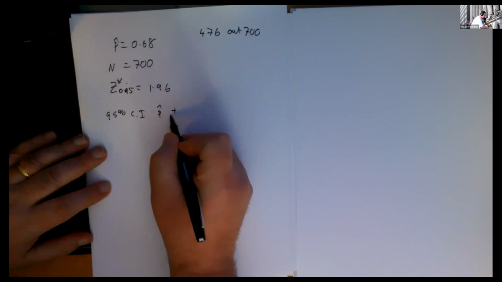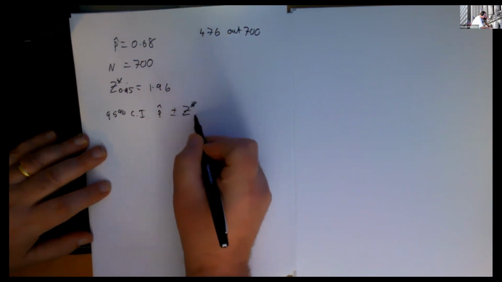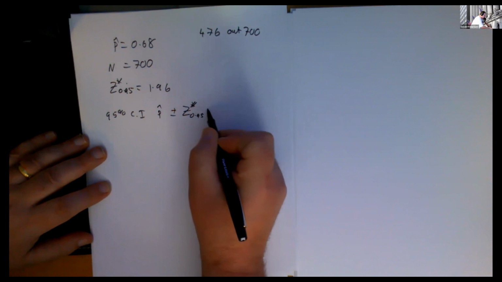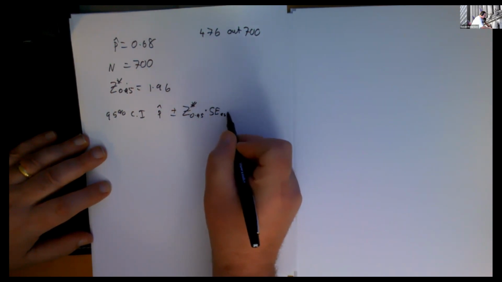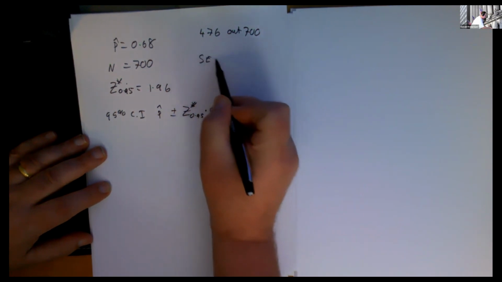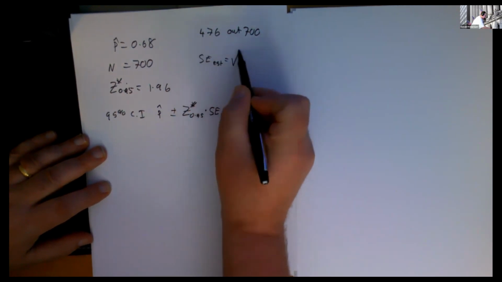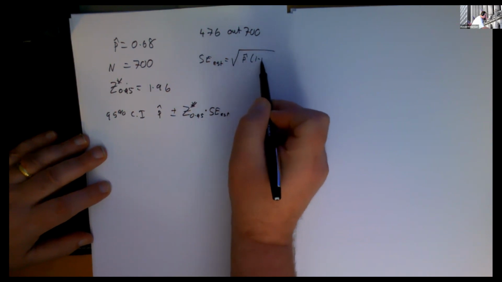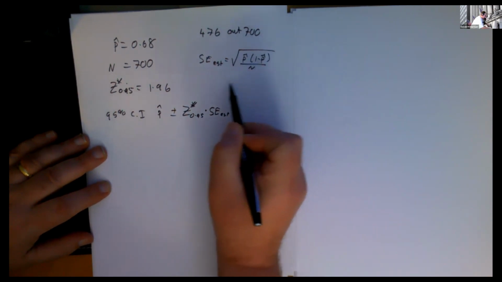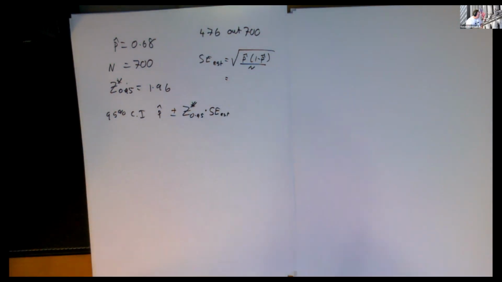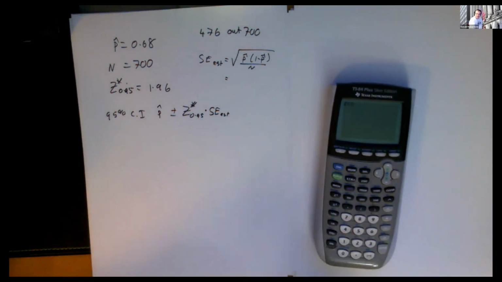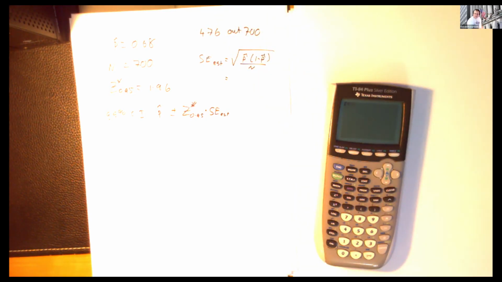P hat plus or minus the magic Z score for 95% times the standard error of the estimate. And I forgot to do that, so let's find it out. It's going to be the square root of p hat times 1 minus p hat, all over n. I'll just do that in my calculator. So what have we got? I got a square root of,